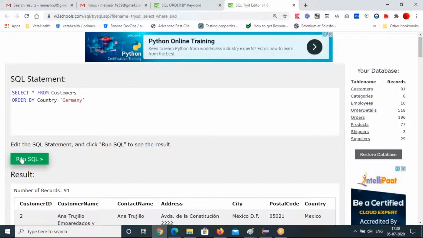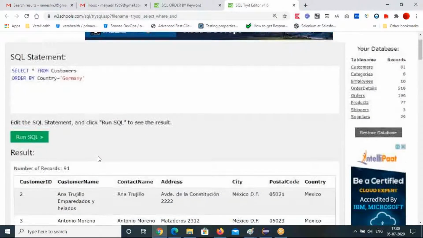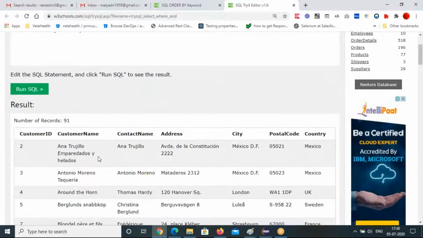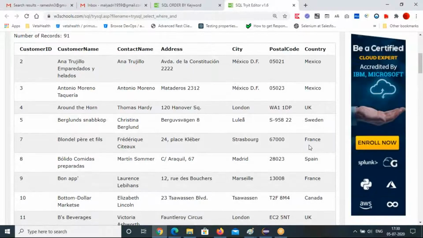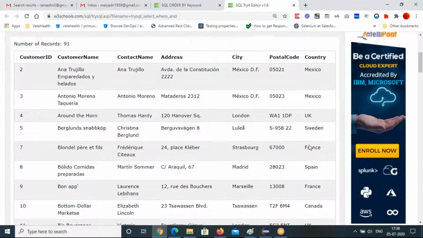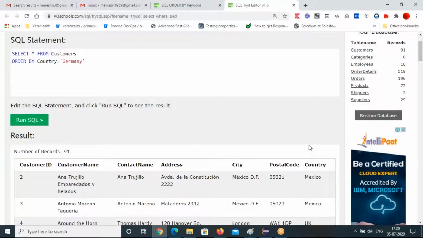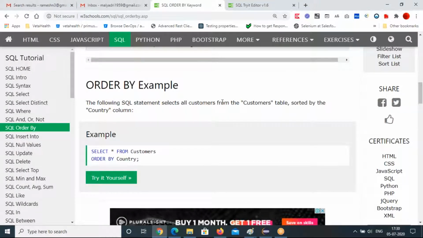So first we'll arrange them in ascending order. Order by country. What is the mistake? The customers table only.